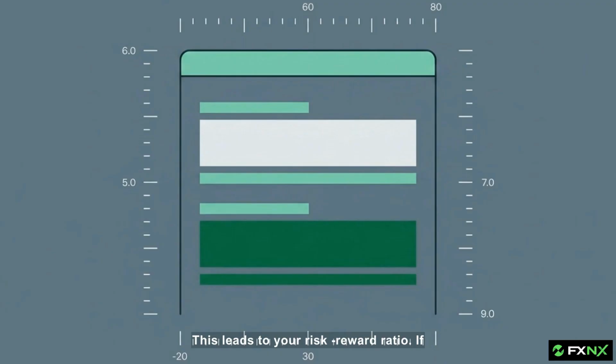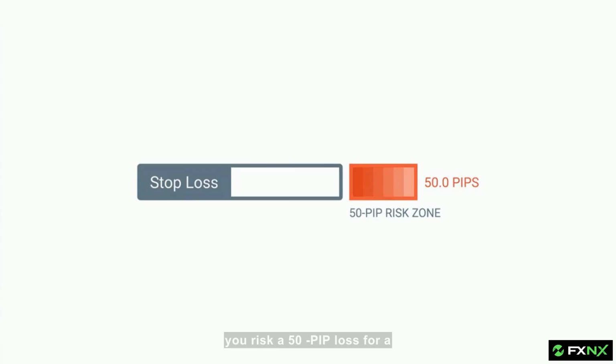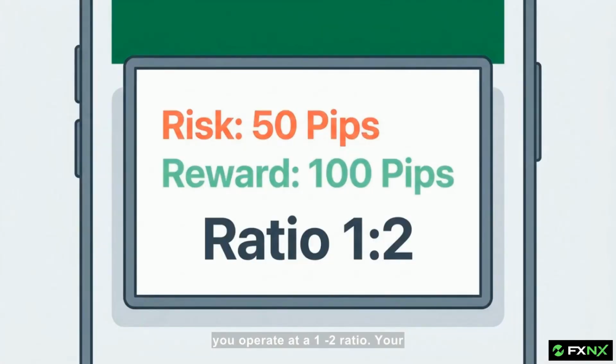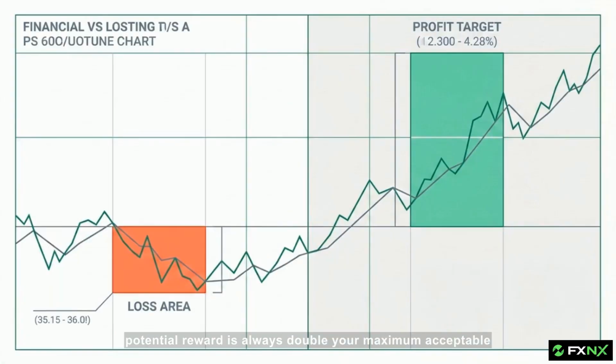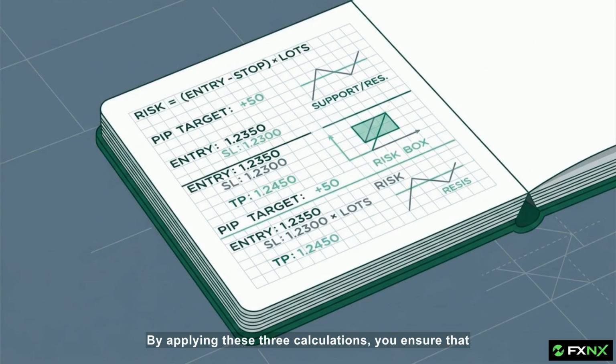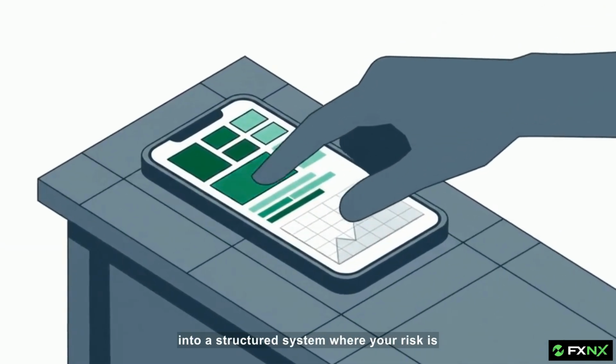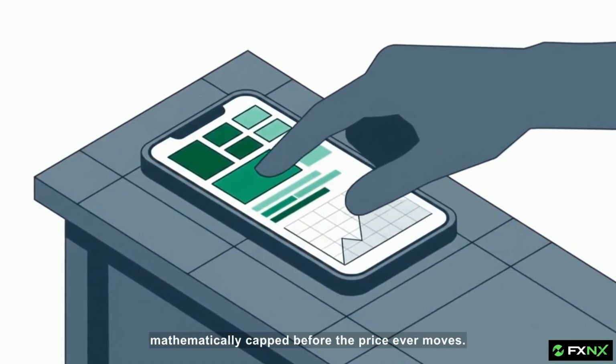This leads to your risk-reward ratio. If you risk a 50-pip loss for a 100-pip profit target, you operate at a 1-to-2 ratio. Your potential reward is always double your maximum acceptable loss. By applying these three calculations, you ensure that every trade enters the market with a defined limit on its potential loss. This transforms mobile trading from reactive guessing into a structured system where your risk is mathematically capped before the